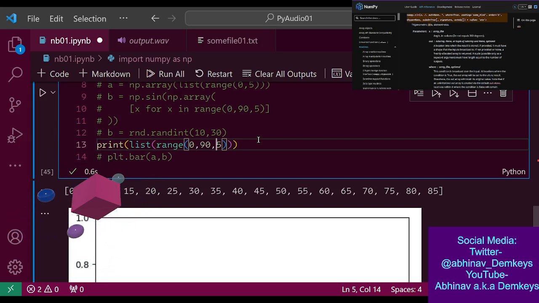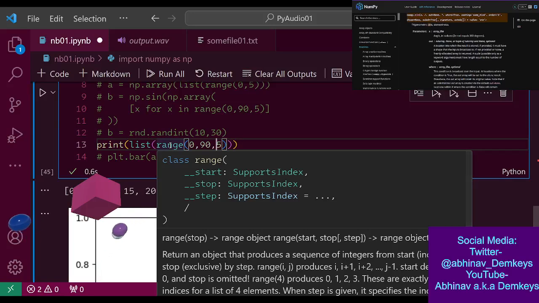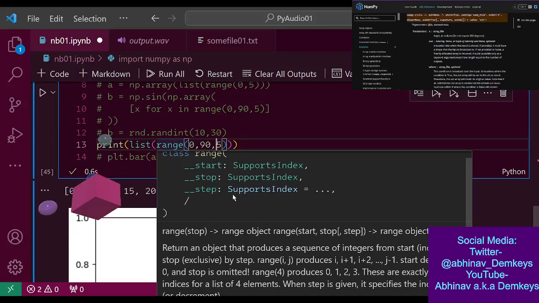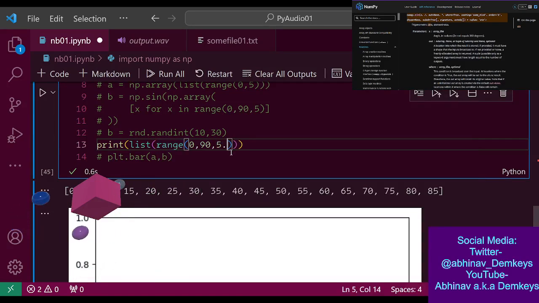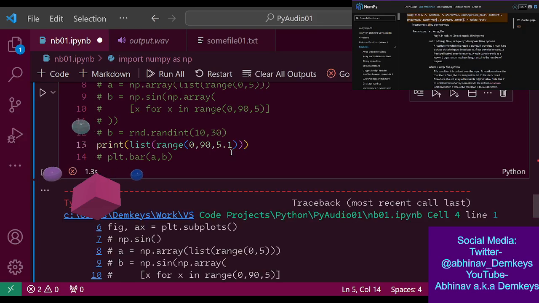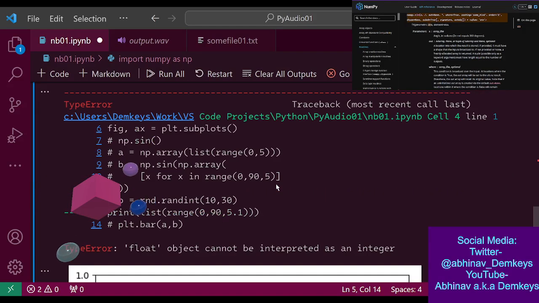Right? Does this have to be an integer? I think this has to be an integer, doesn't it? Or can it be a float? Would that work? No, it can't be a float.